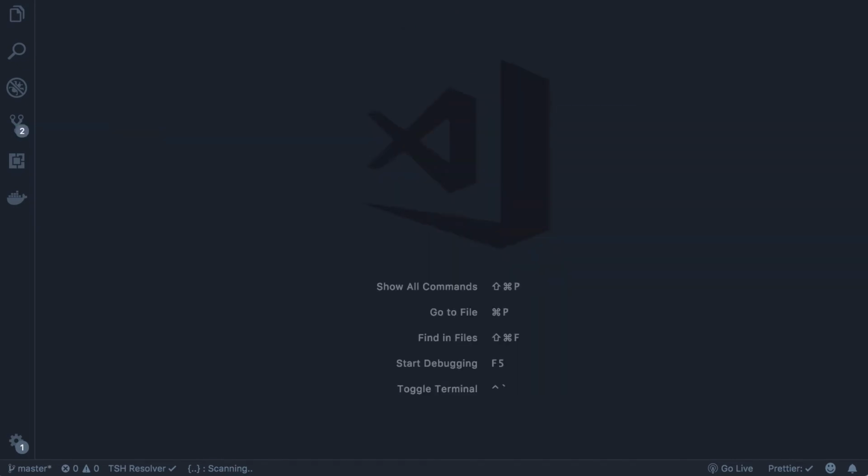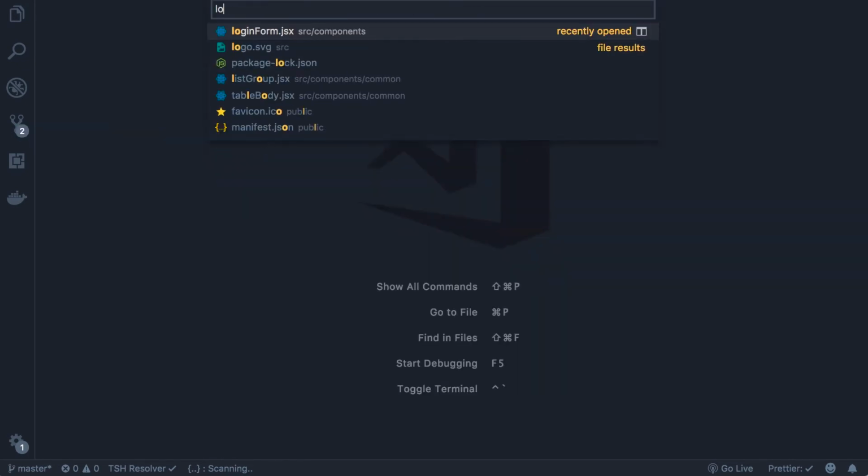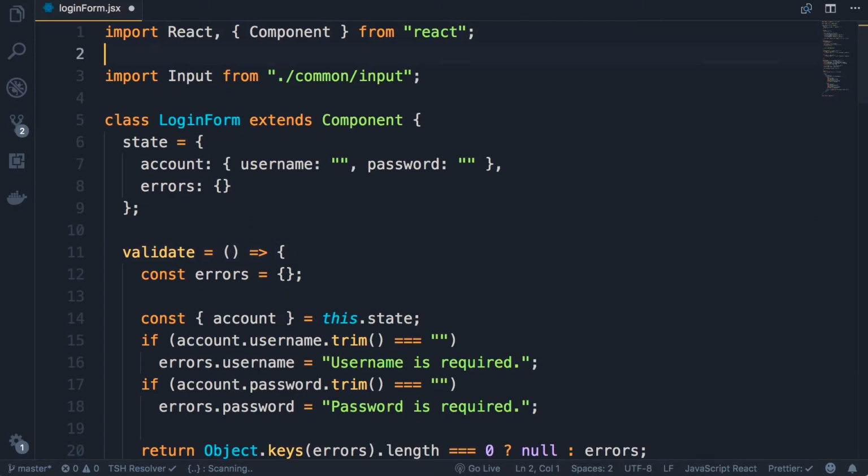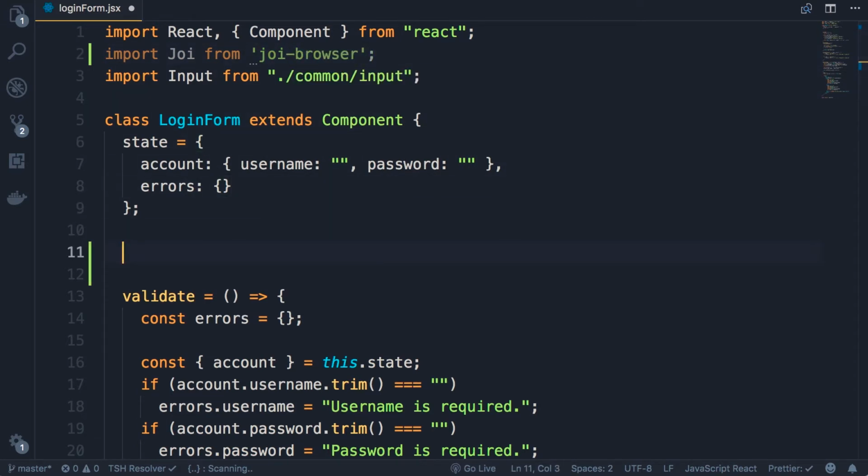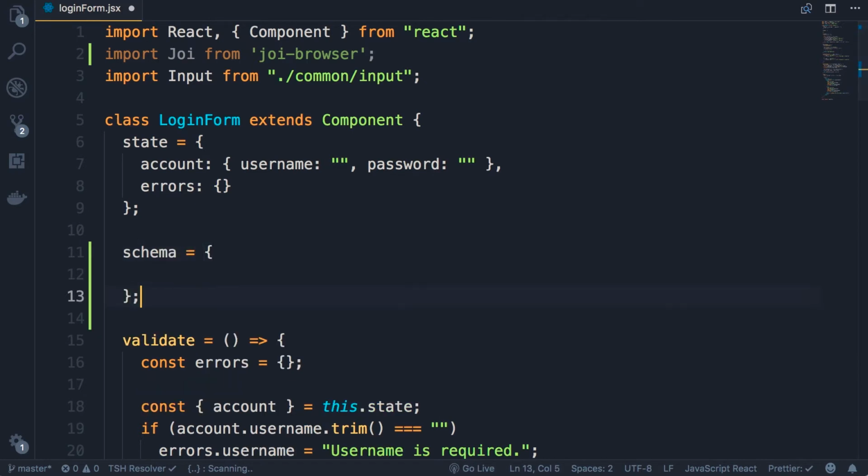Okay, beautiful. Now let's go to our login form. On the top, we should import Joi from joi-browser. Now in this component, we should define a schema. The schema doesn't have to be part of the state because it's not supposed to change. So we set schema to an object. In this object, we need two properties. Username, we set this to